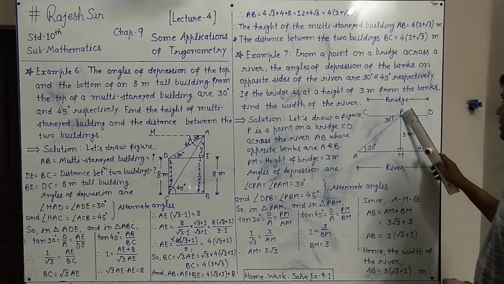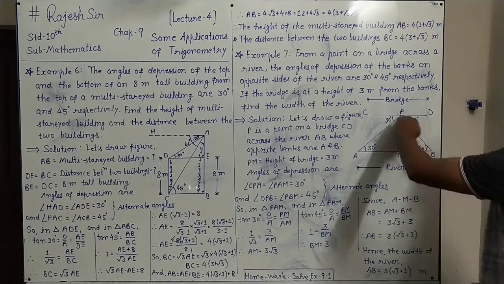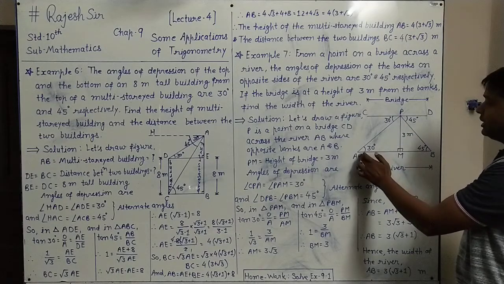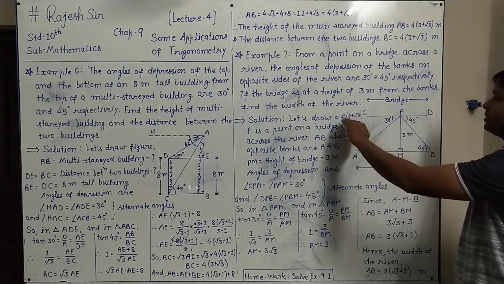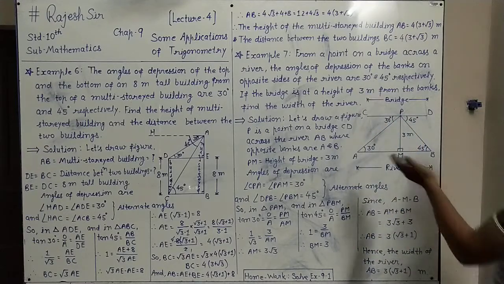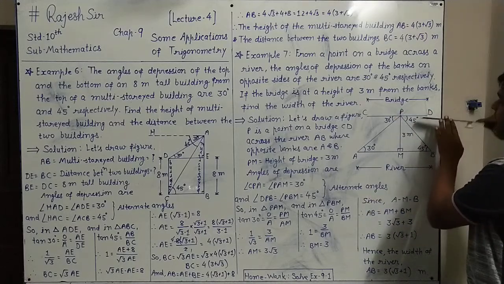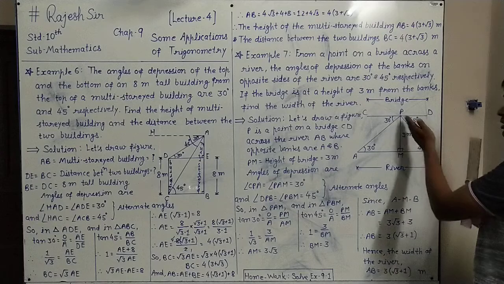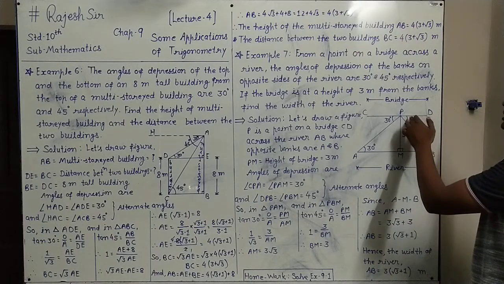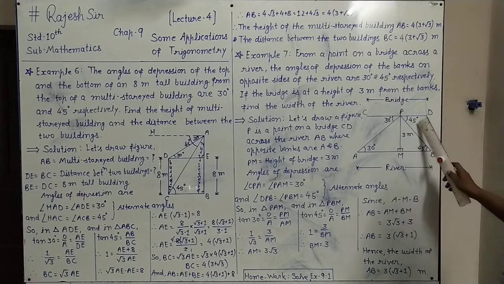So you know that from point P, your horizontal level is this, and when you see one bank of the river, that is A, this is the line of sight, this is the horizontal level, and the angle made is 30 degrees here, it is given. Now on the opposite bank, your horizontal level will be on the PD side, and your line of sight is this when you see the opposite bank of the river, B. So the angle made between the horizontal line and the line of sight is 45 degrees. It is given in the question here.